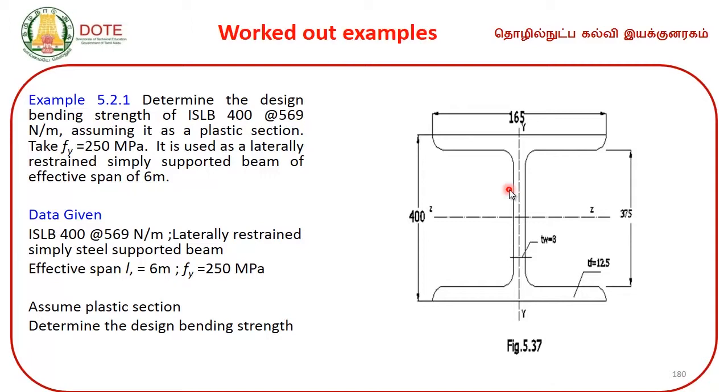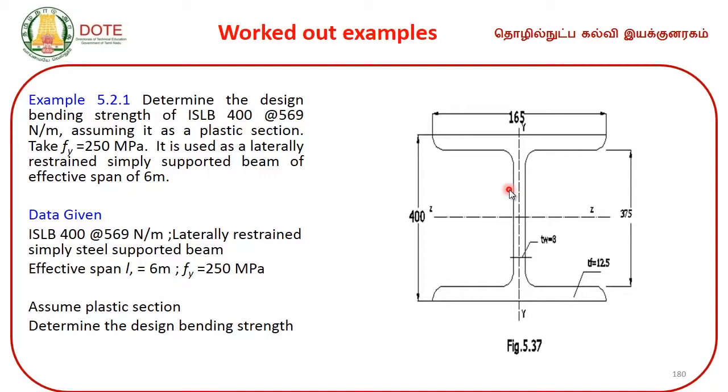Determine the design bending strength of ISLB 400 at 569 Newton per meter, assuming it as a plastic section, and yield stress is given here. It is used as a laterally restrained simply supported beam for an effective span of 6 meters. We are asked to find out the design bending strength of the given Indian standard lightweight beam designated by its